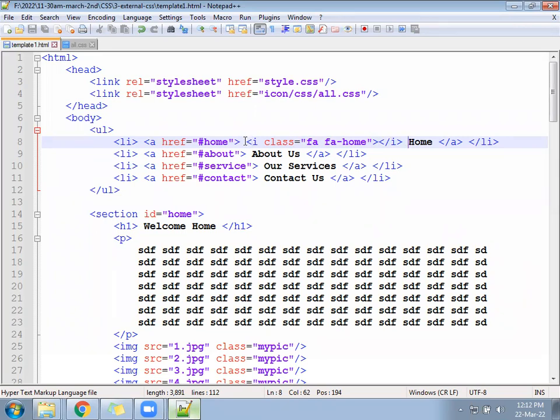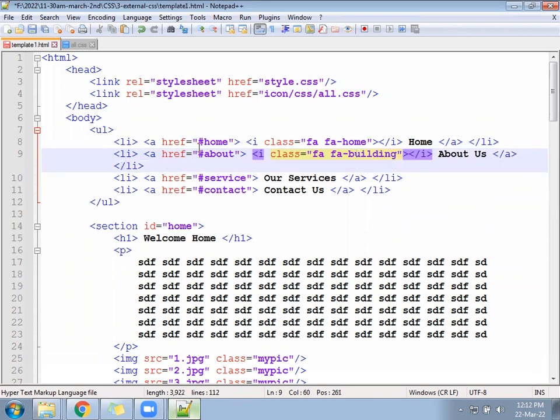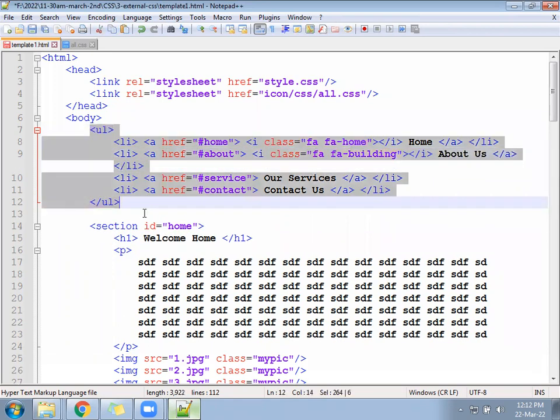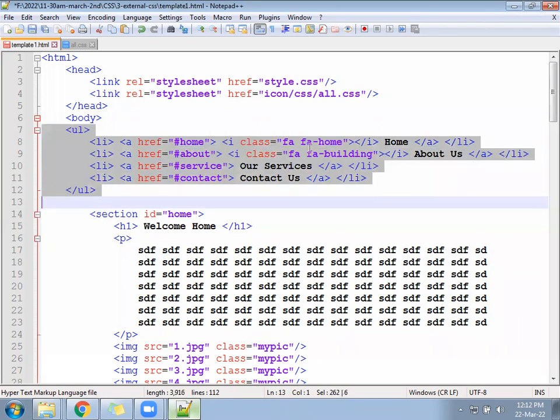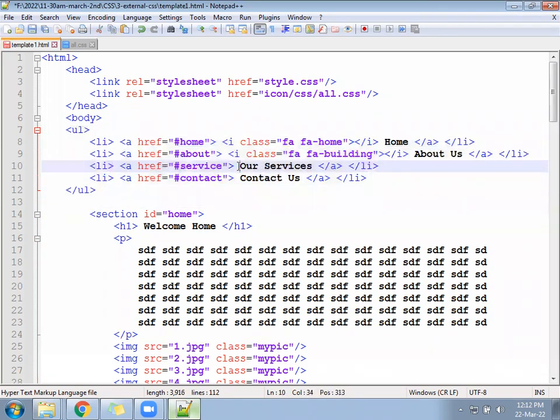Ready? Now come after this. Add the i tag again: copy from here to here, paste here. For About Us, which icon to display? Display one building icon here. There is a class called fa-building. The class name is fa space fa hyphen building. Okay, next after this,